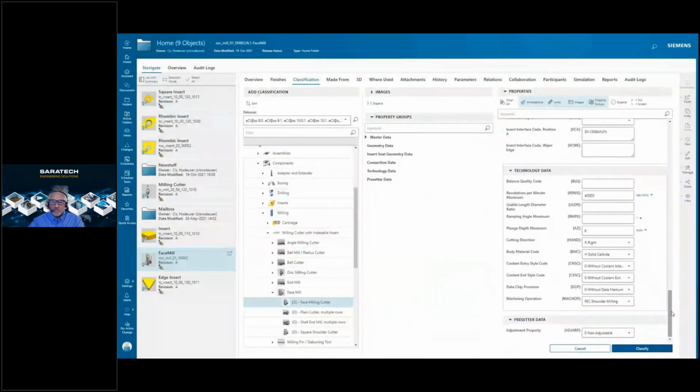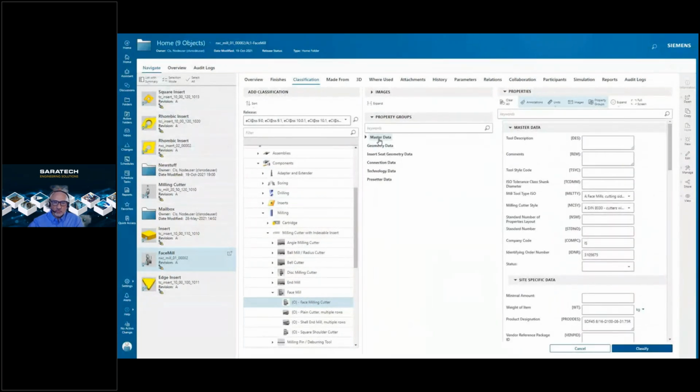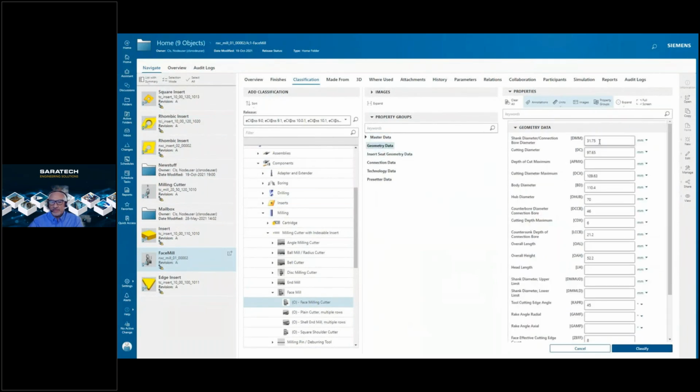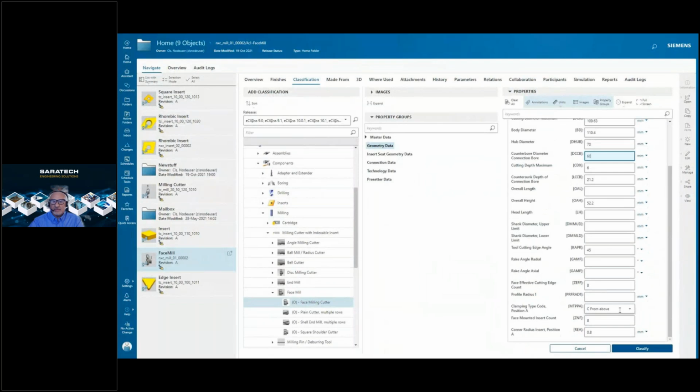Of course, you first implement the classification module, set up your classification in the company, and then start embedding AI into it. Once classified, most of the part data is pre-populated and the user simply reviews and validates the data.